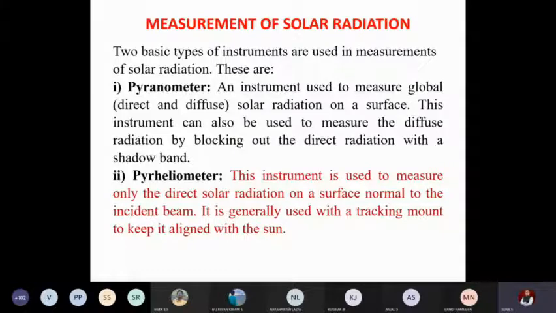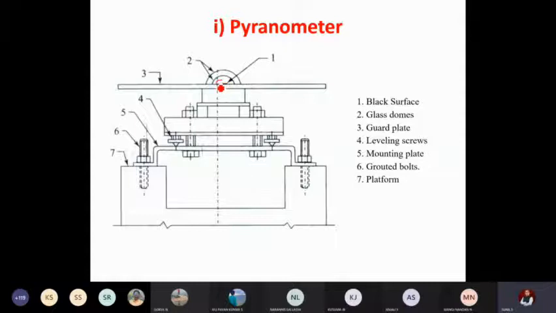Apart from this, there is one more equipment called the sunshine recorder. It doesn't give you any technical values, we just get an idea of the magnitude, whether sunshine is high or low during a period of time. Now the various parts. Number one is a black surface, which absorbs the solar radiation. It's a black metal strip. Over that, a glass dome is placed. It will concentrate the radiation, plus it avoids the deposition of a dust layer. So it will be completely covered.